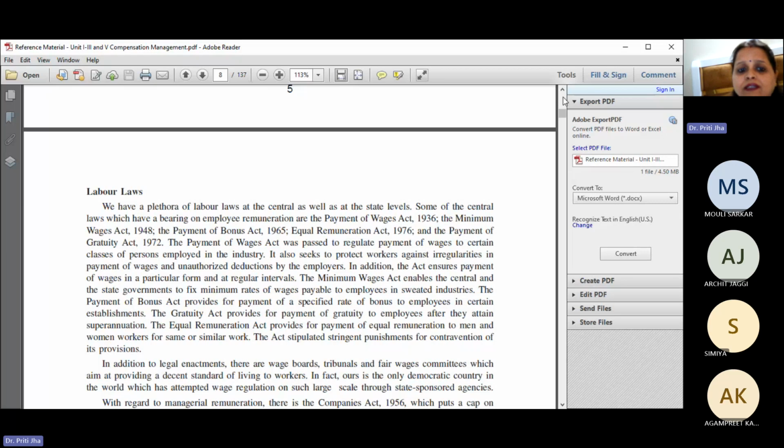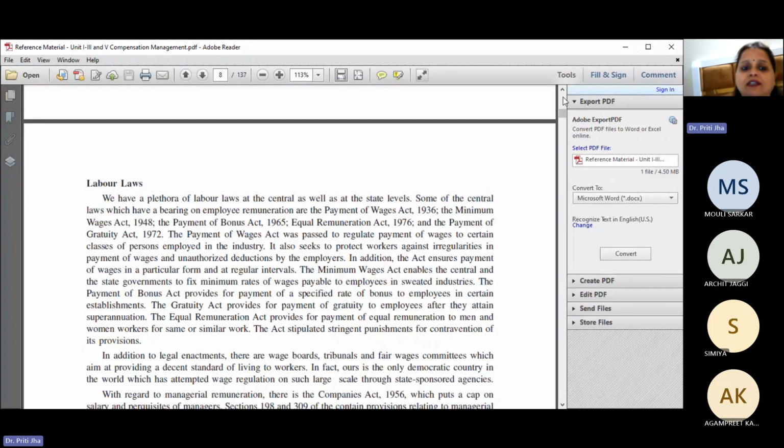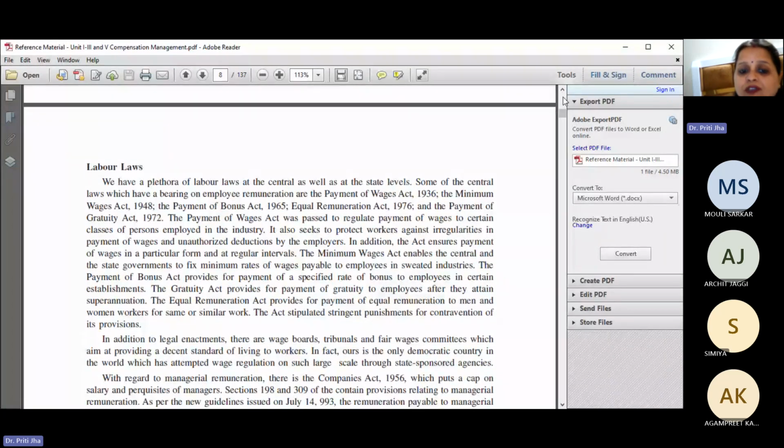The Payment of Wages Act was passed to regulate payment of wages to certain classes of persons employed in the industry. It also seeks to protect workers against irregularities in payment of wages and unauthorized deductions by the employers. The Minimum Wages Act enables the central and the state governments to fix minimum rates of wages payable to employees in stated industries. The Payment of Bonus Act provides for payment of a specified rate of bonus to employees in